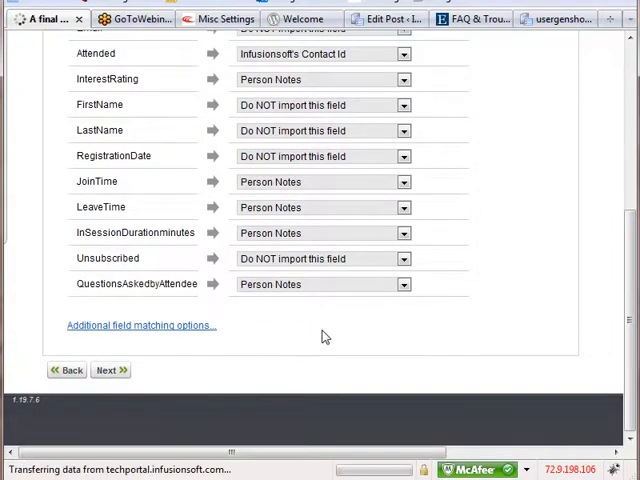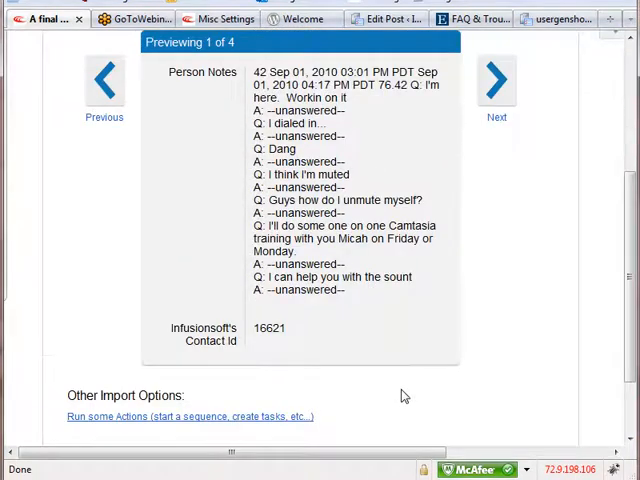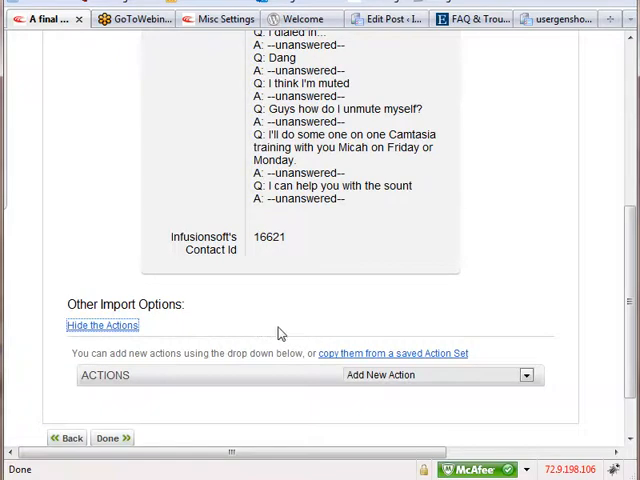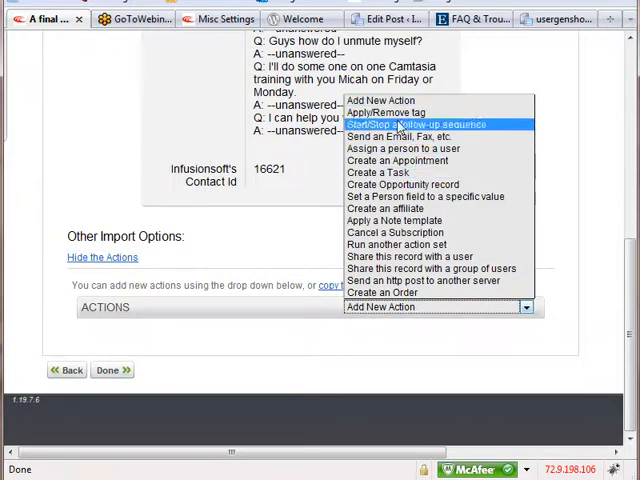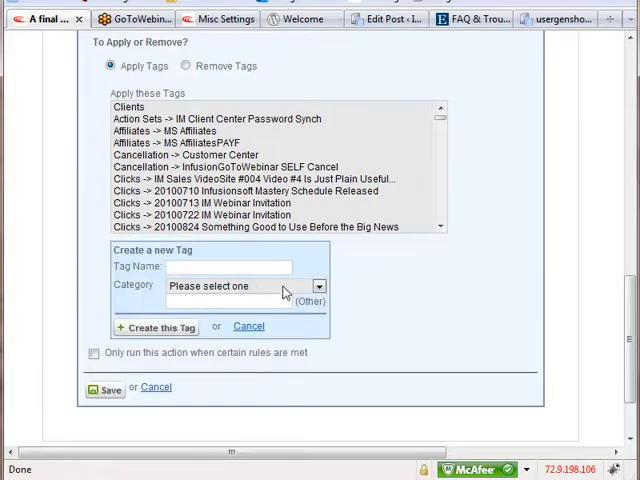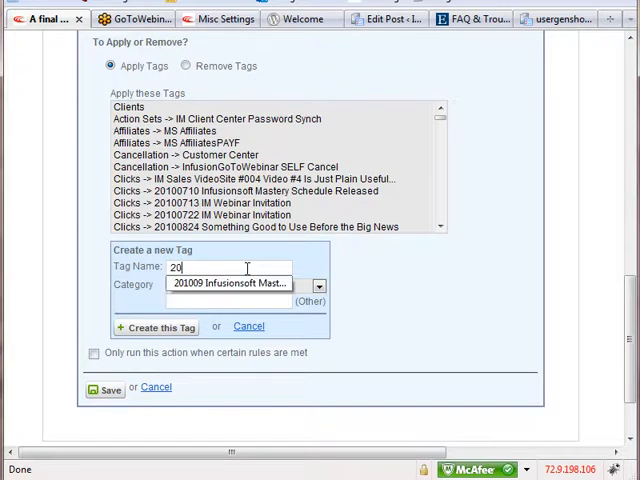So at this point, I can just kind of say next. It's going to show me, hey, this is how one of these is going to look. I say, okay, that's fine. And I have the option here. This is where you can do tags, you can do whatever you want. So if I click here, I can expand this and say, you know what, the tag that I'm going to add for this group of people, and I'll create a new one. In my case, I use a category called webinars, and then my tag naming is the date of the webinar,